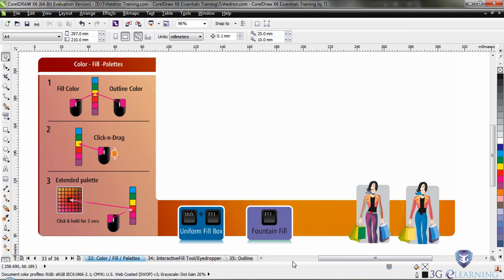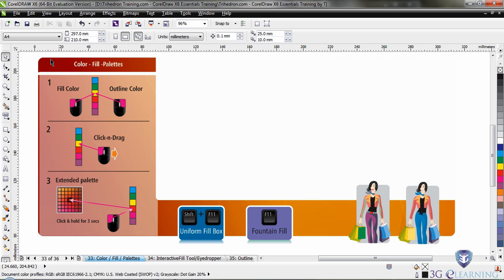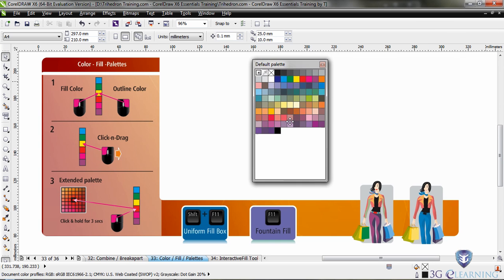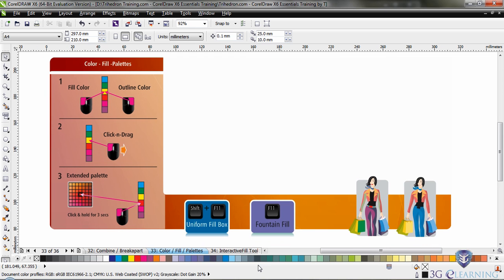down to the bottom. Now remember, if you are in X6, I want you to unlock the toolbar, so if you can see a little tick, click on here to unlock, and you know you are unlocked because you see all these dots at the end of the toolbars. Click on the little dot and pull it down. Grab the title bar, and I will just drag that down to the bottom, and now I have docked it to